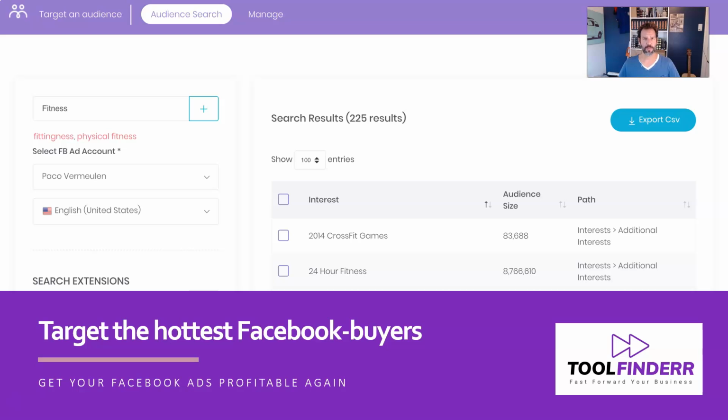And I struggled with this for a couple of years, and then I saw that this is some kind of a pattern that is going on. And then I thought, okay, what is going to make my Facebook ads profitable again? If you break down your Facebook ads, you can say, okay, what is the most important determining factor that guarantees results or not? And in my case, I first thought that it had to do with my copy,